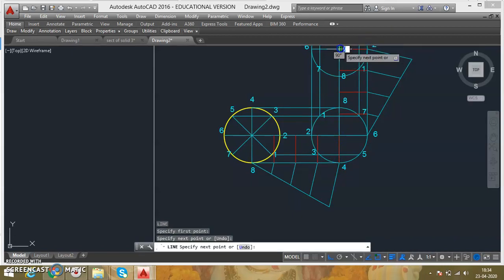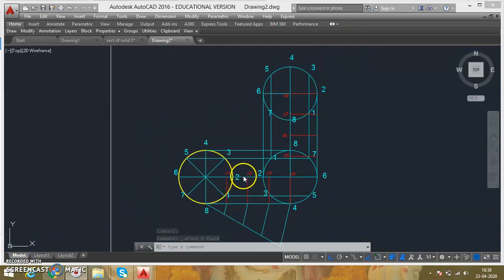from here to here. So these are the centers we got. We can mark these as C1, C2, C3, C4, C5, C6, C7, C8. So you can see here we have marked all the centers. Now it is given that the point is initially on the top of the circle. So this point 4 is actually my point P.